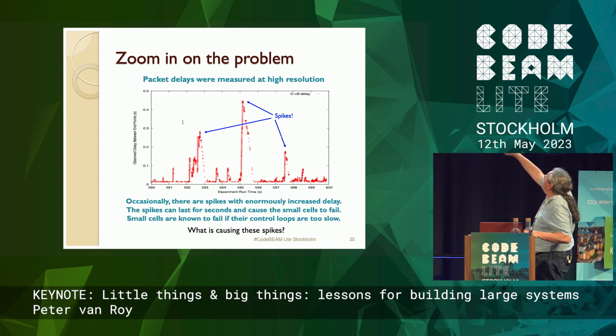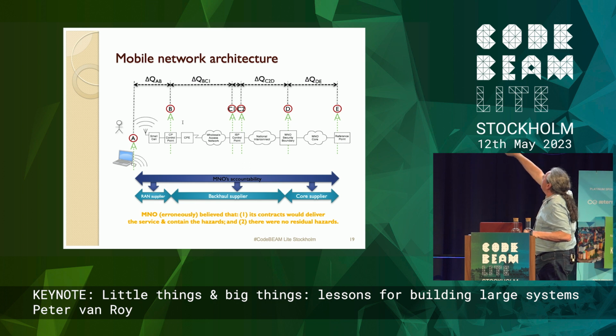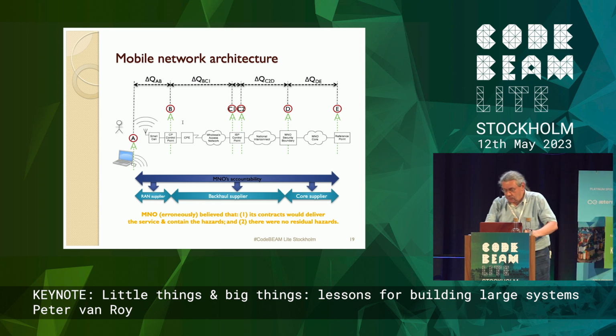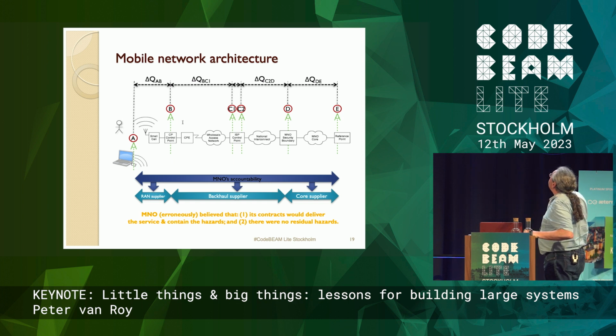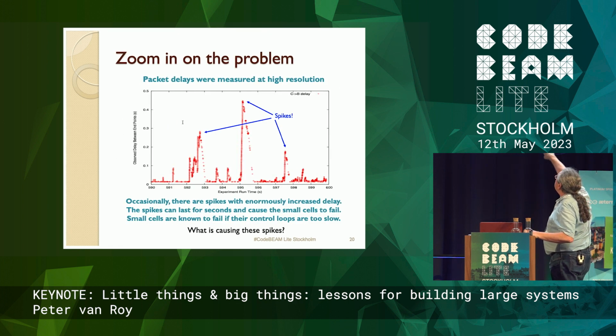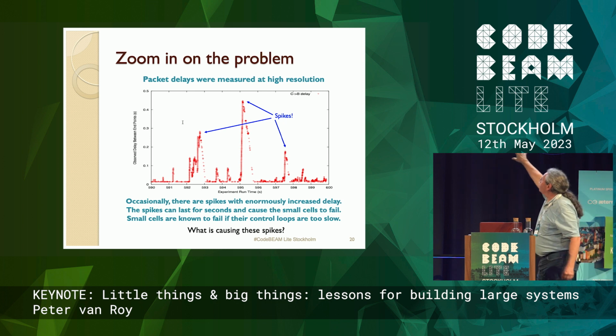Okay, so to make a long story short, P&Sol was measuring all the packet delays between the different points using the approach. I'm not going to say much about what it means, the delta Qs here. It's basically the delay as a function of time. If you look here at this experiment, this is a part of the packet delays. Zoomed in from 590 to 600 seconds, you can see there's these spikes, okay? So, for example, the big spike goes up to more than 0.4 seconds of delay, and these spikes can last for seconds.